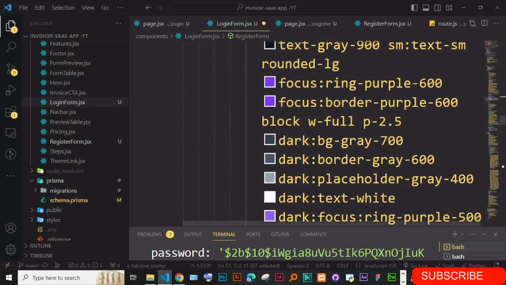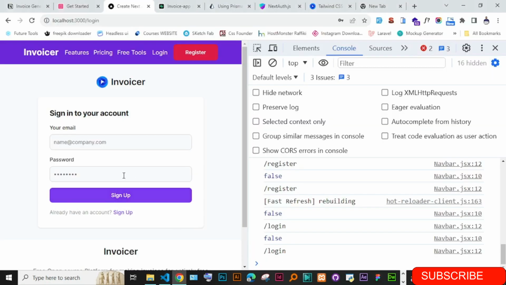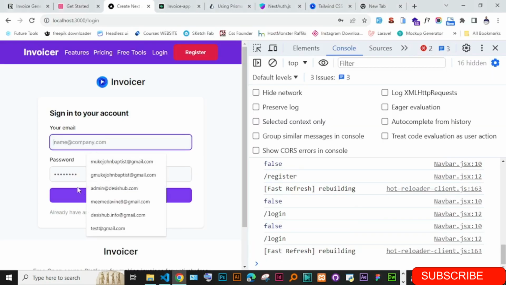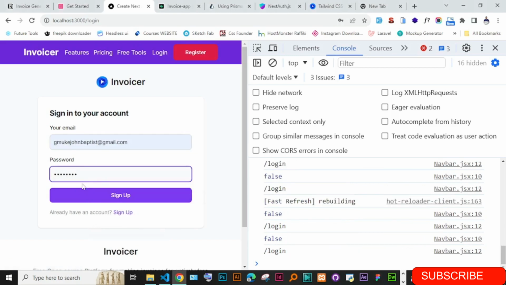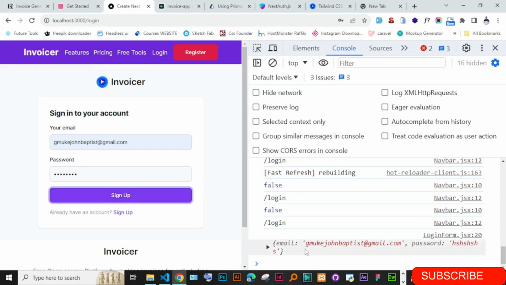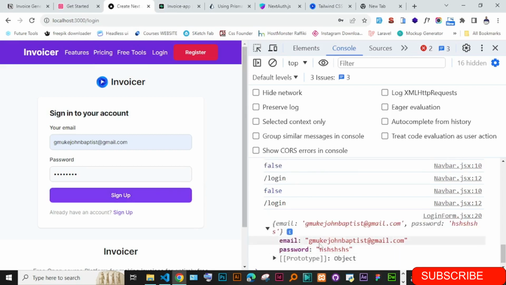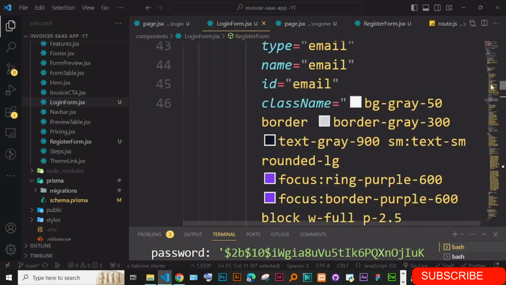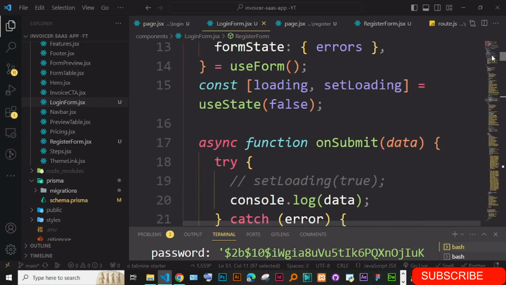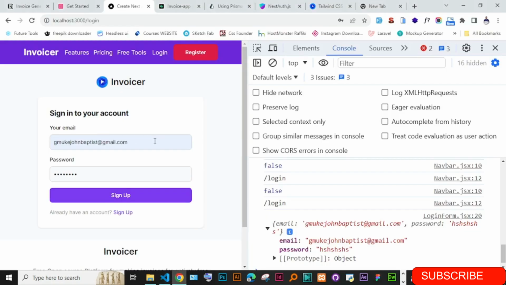If I just right now put in some data here, let me feed in any details and click here. You see the data is in here, the email and the password. So now what we want is to get this working with NextAuth, to make sure that the registered user can sign in. We have to use